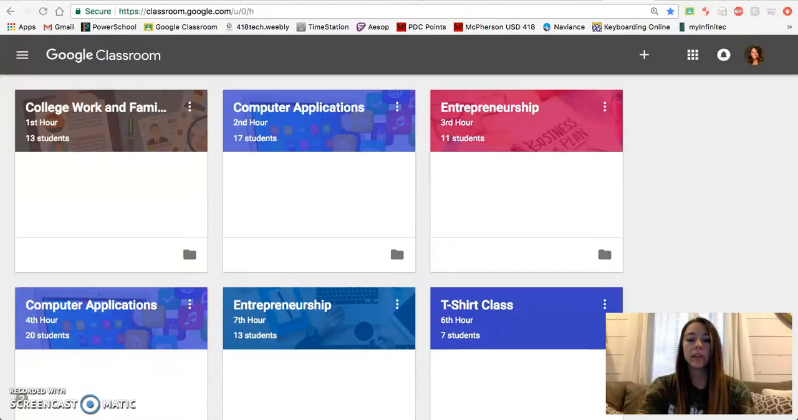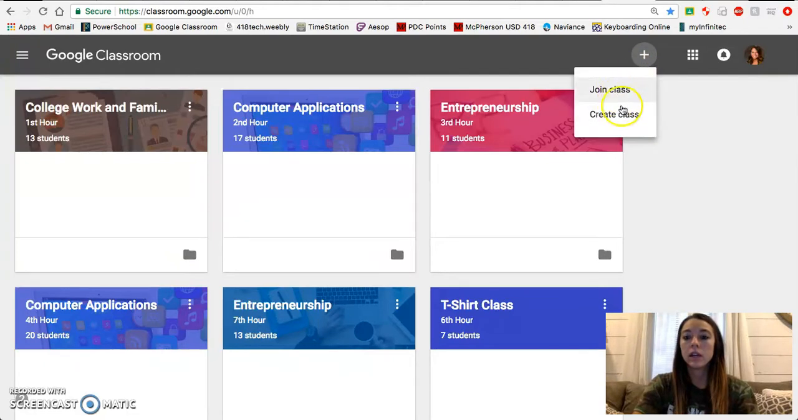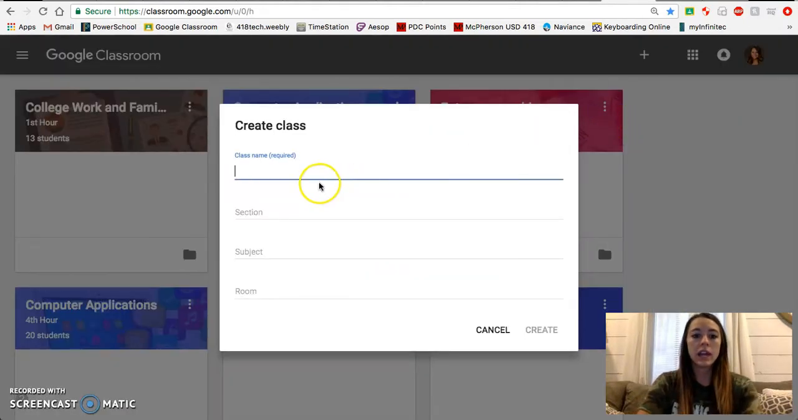This platform is Google Classroom, and I use this for all of my classes at the high school. You go in here, and then this shows all your different classes that you have in Google Classroom. So this plus sign is where you would add a class, and let's say I want to create a class,